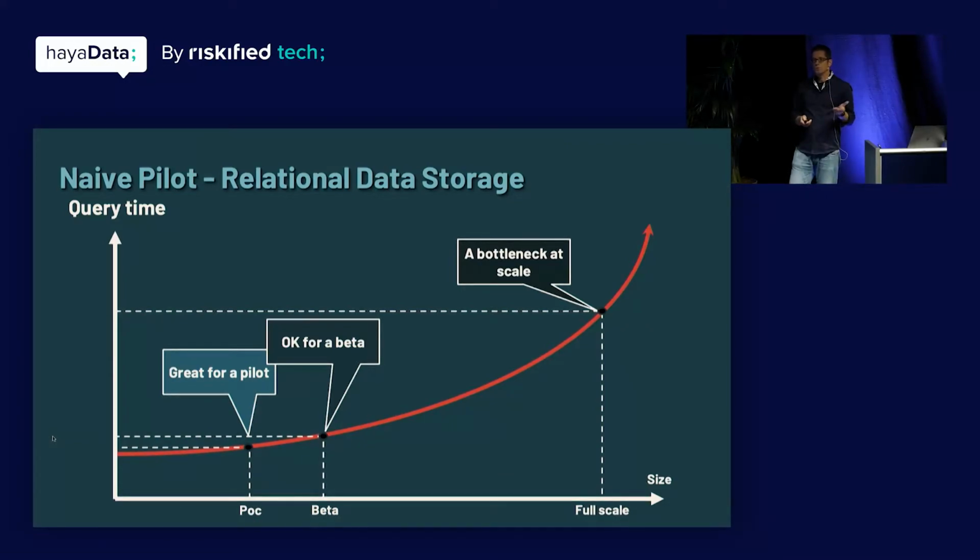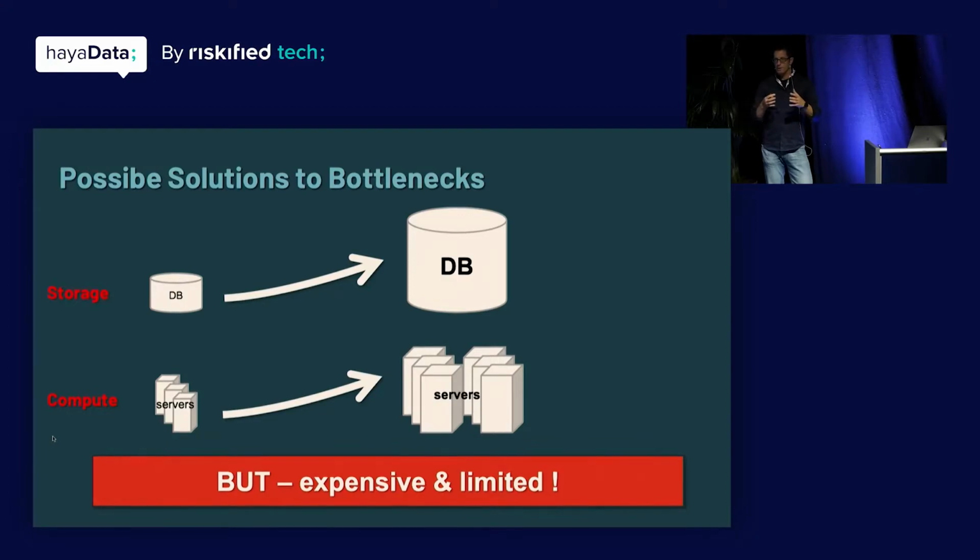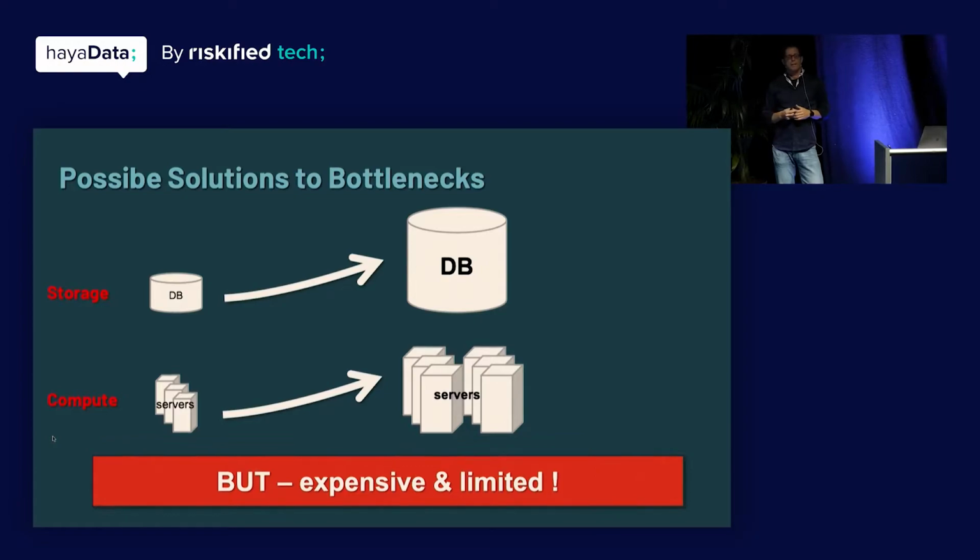The classical way people used to solve scale is, if you had a problem with your database, you just get a bigger database. If you had a problem with compute, you get more servers or larger instances and just throw more power at it. The problem with this is usually there are bottlenecks that creep up from all kinds of dependencies, and as a result, your costs usually do not scale well, which means as you double your data, your cost may go up by a factor of 3. And this obviously will blow up in your face as the costs accumulate